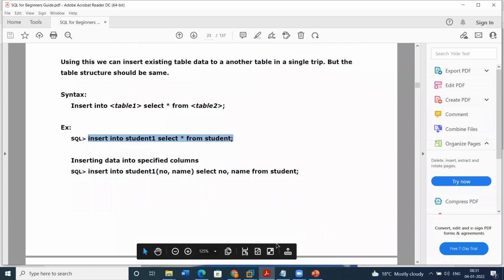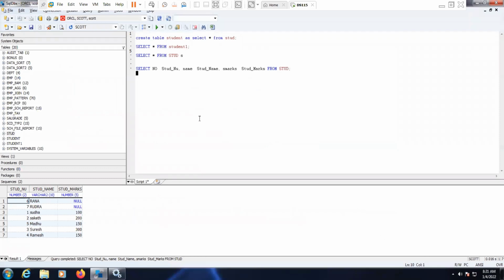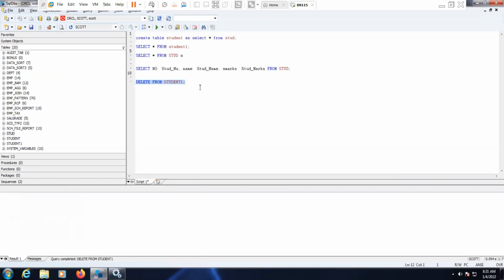Here what I will do is delete the data in the student table. So delete from stud1. Okay, I will press commit. Commit is to commit the data.